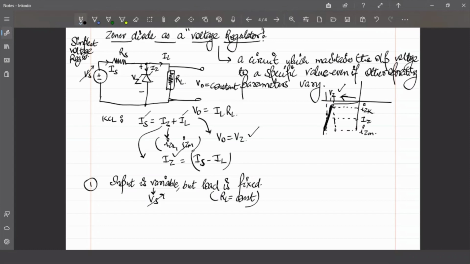But there is a chance that at a lower voltage of Vs, if this voltage Vs is less than this Vz knee voltage value, then the device may again fall back into the reverse blocking mode and the current flowing through the device will be equal to the reverse leakage current. It will be similar to that of an open circuit. So we know that there is some minimum value of source voltage which is required to keep this specific Zener diode operating mode.